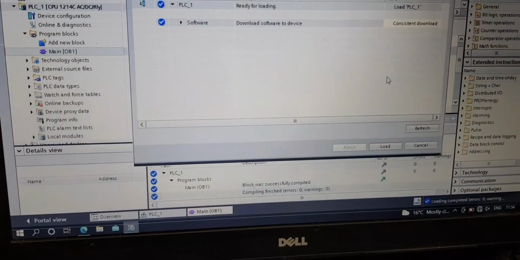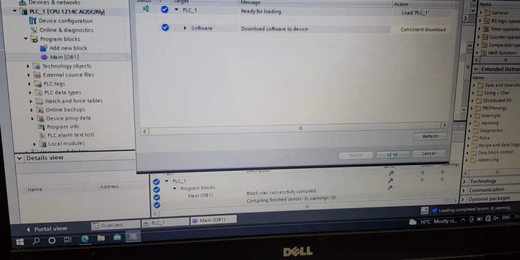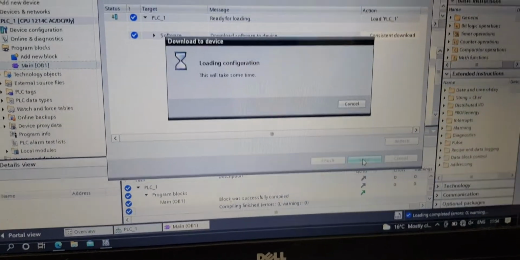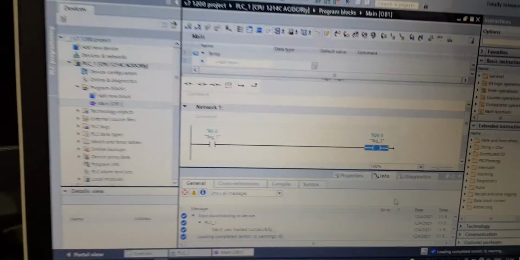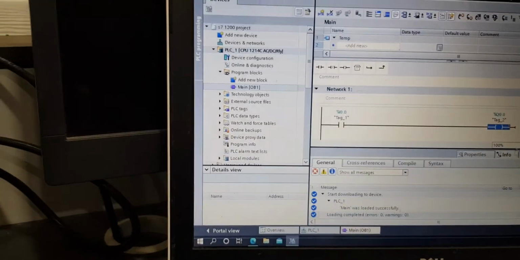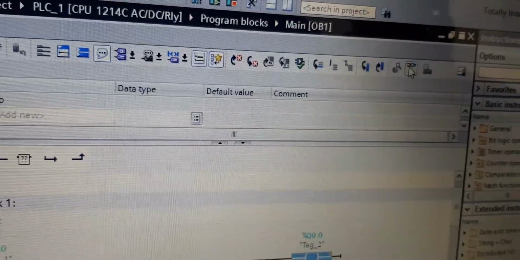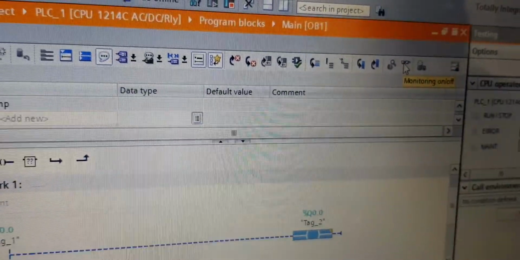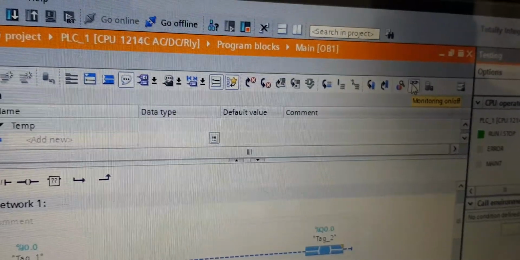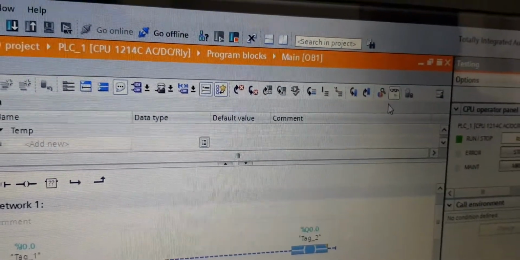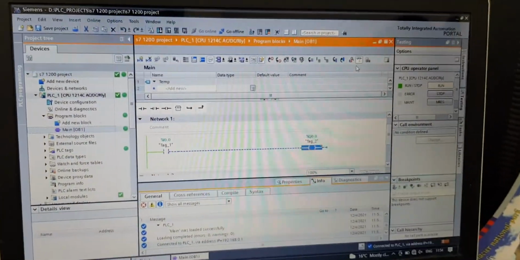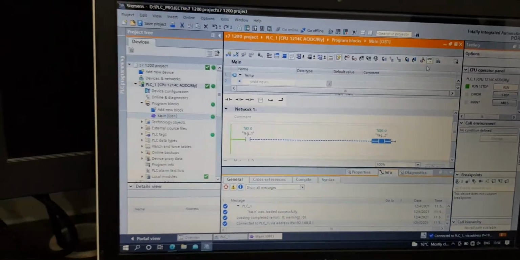You can compile also, but as I know that my program doesn't have any error, just load it. Now what we have to do is very important: monitoring. Just press this spectacles-like icon.